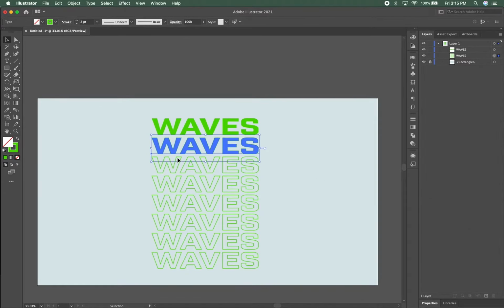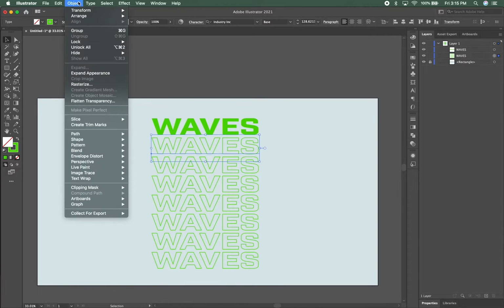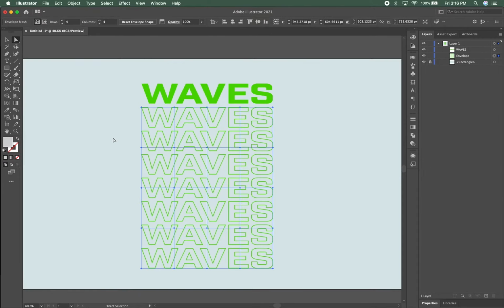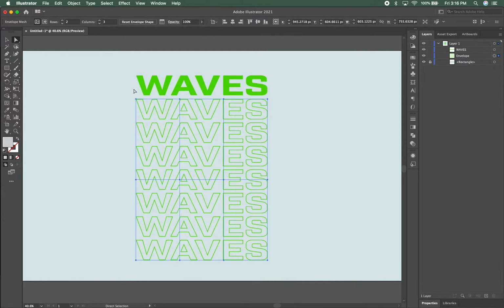So now with that done, you can select the bottom text and go to Object and Envelope Distort, and then once you click that you do Make with Mesh, and when you do this you can change the rows and columns of mesh lines you would want on the object you select. I'm actually going to change the numbers here from 2 to 3 so we can get a nice looking wave